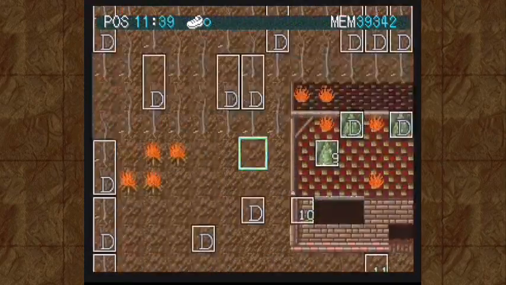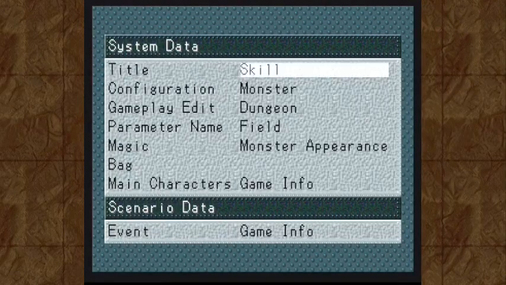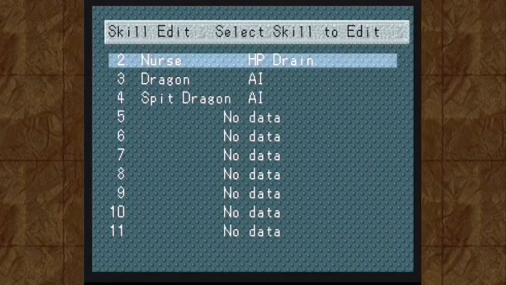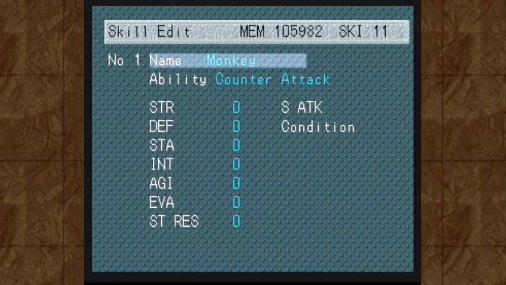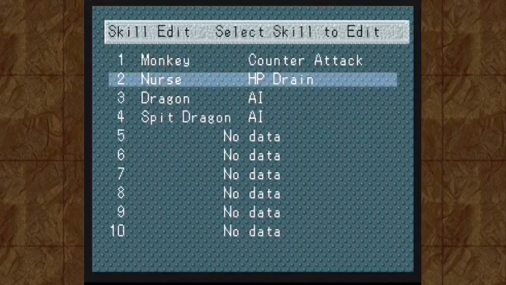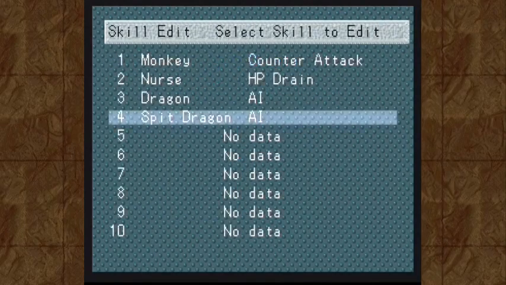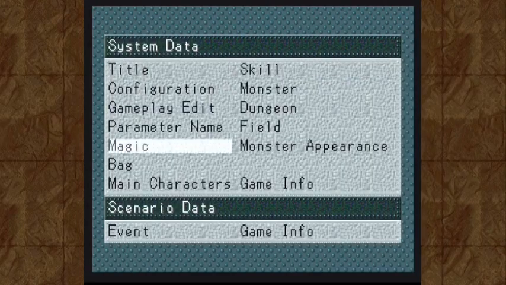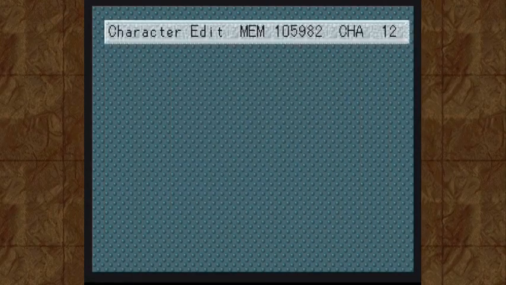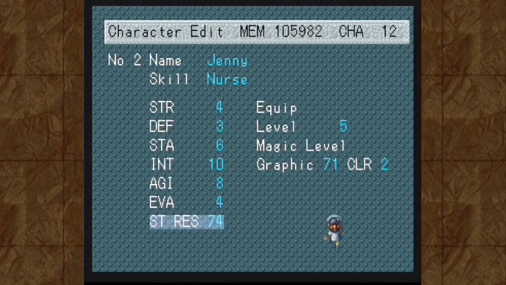So, let's see here. I need to do a couple of things. The first thing I'm going to do is go into the skill editor, the job classes, and max out all the status resistance of each job class. The reason I'm doing that is because I feel like the status resistance buffs of each of these characters is not quite big enough to matter on their own. I mean, 74 might sound like a lot, but